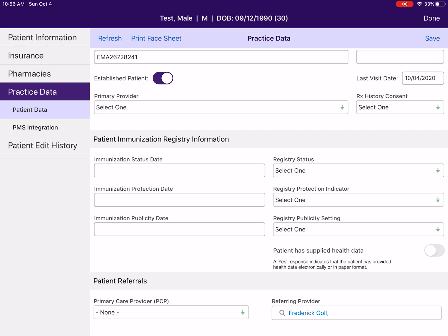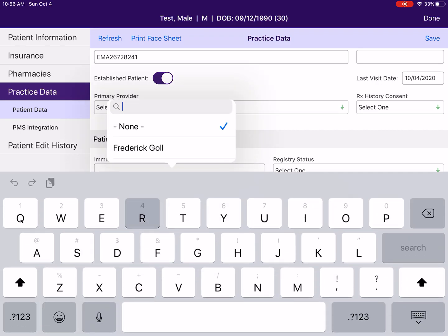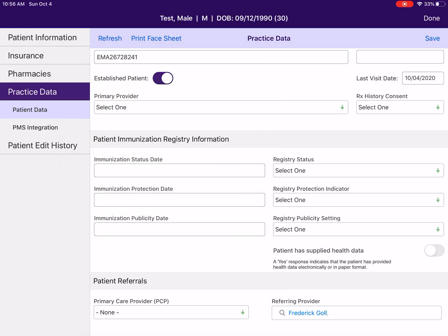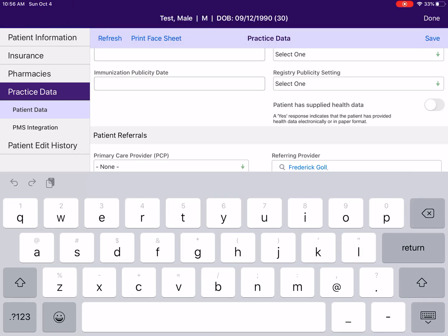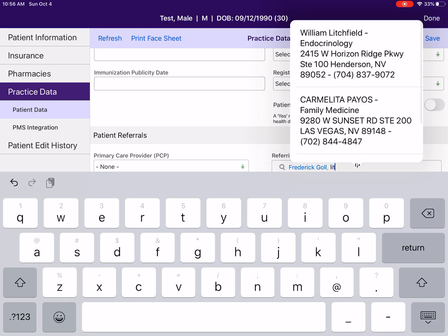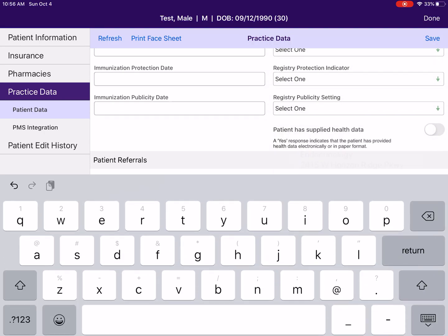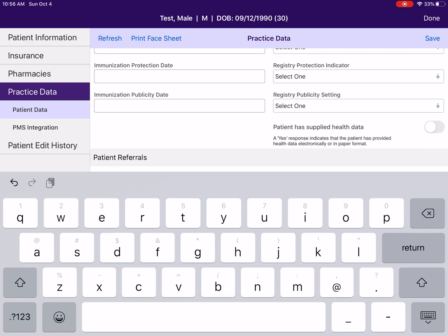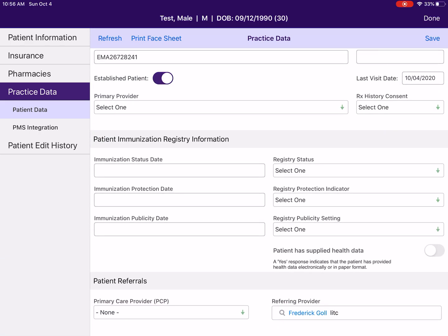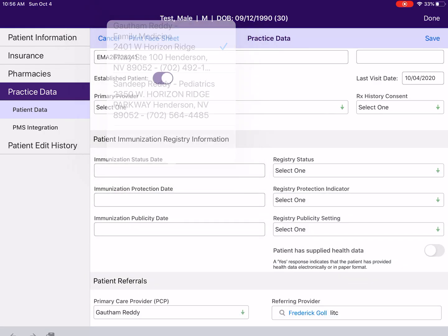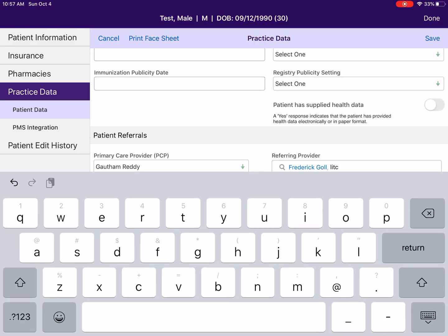So if their primary care doctor is one person, let's say it's Dr. Reddy, you can click that, okay? And if they're referring provider, let's say it came from Dr. Litchfield or something like that, you want to add those in there, okay? That'll be in there. So let's just do this for a second. Let's say the referring doctor is Dr. Reddy, but let's say